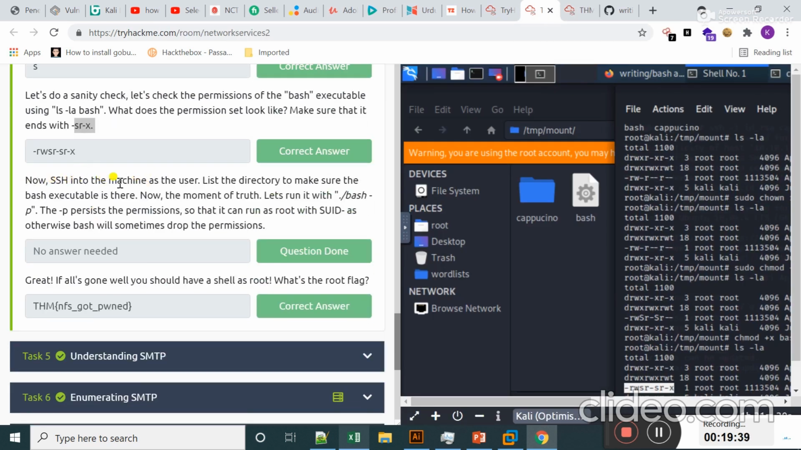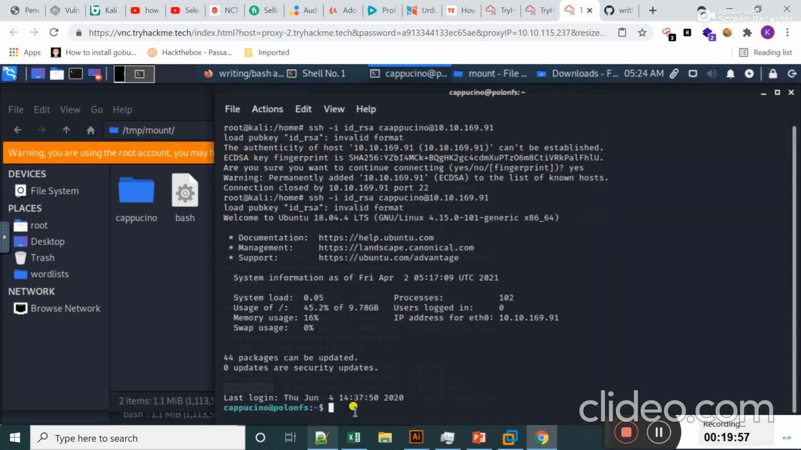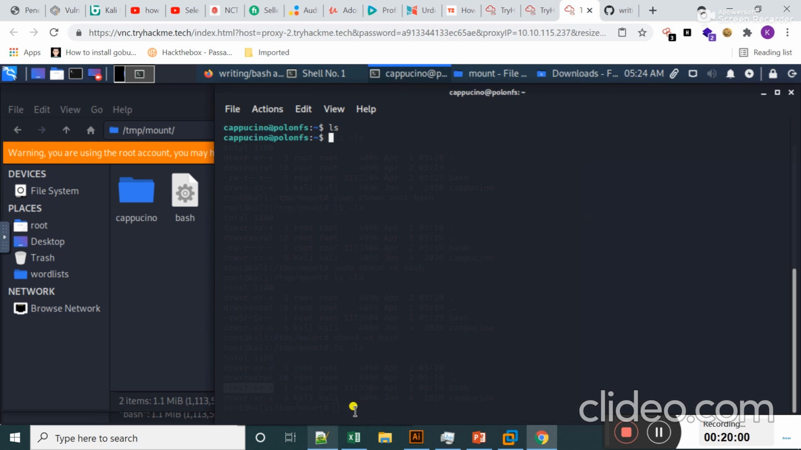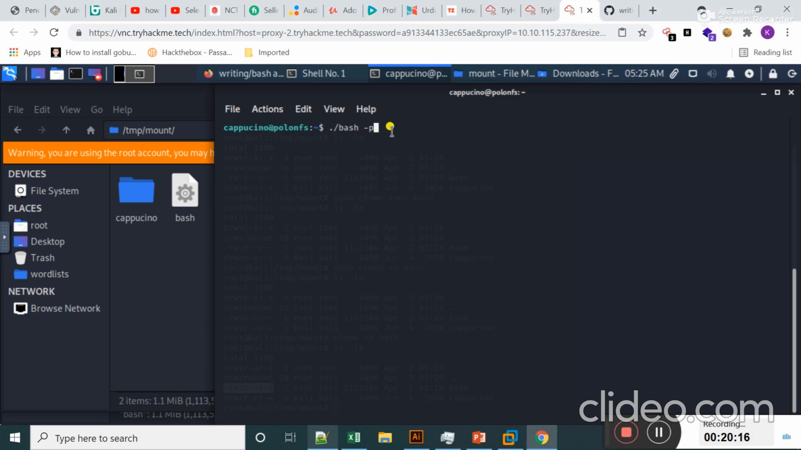Now SSH into the machine as the user, and list the directory to make sure the bash executable is there. Let's run it with this command. Okay, I will copy this command, and in my terminal window, I'm going to clear the screen, and if I type here ls -la and hit enter, you can see here guys, there is no bash file present. Now if I type here this command and hit enter,